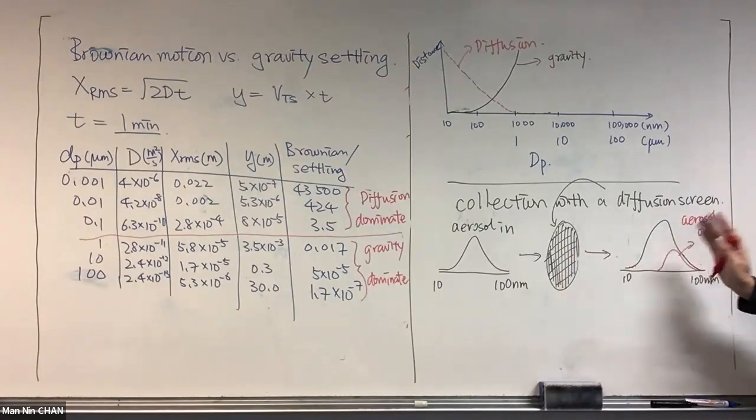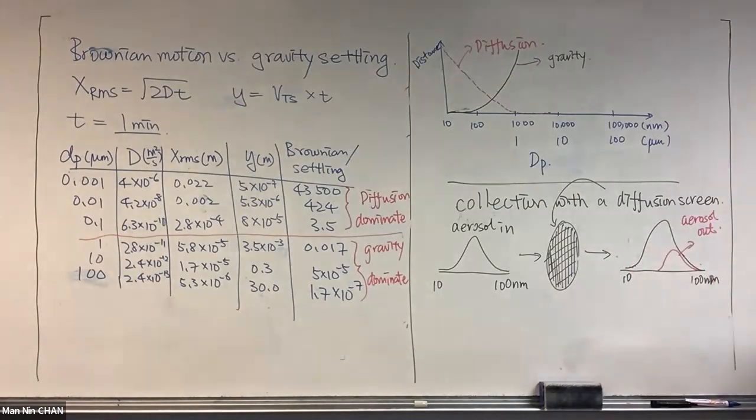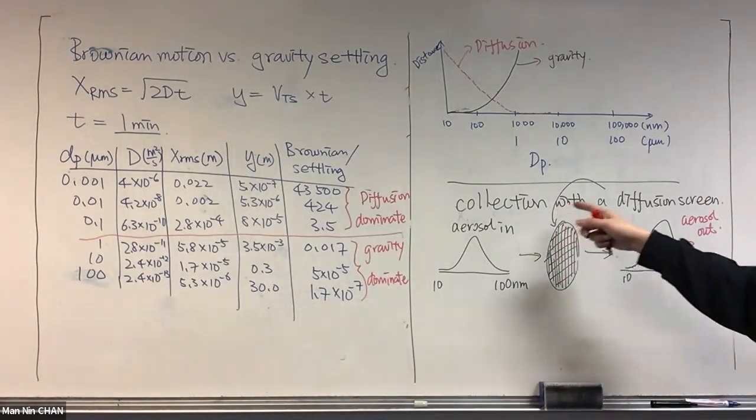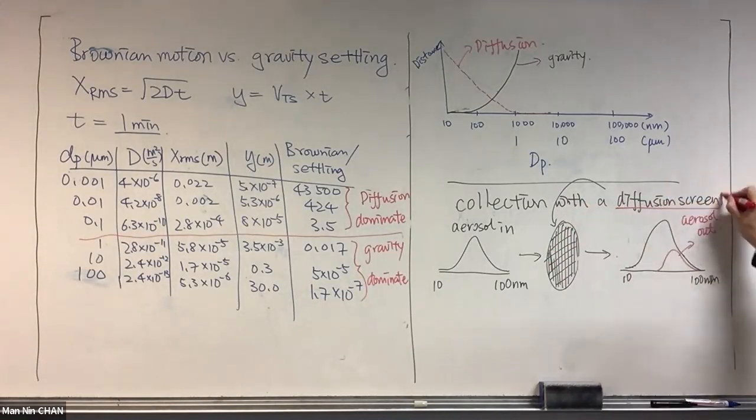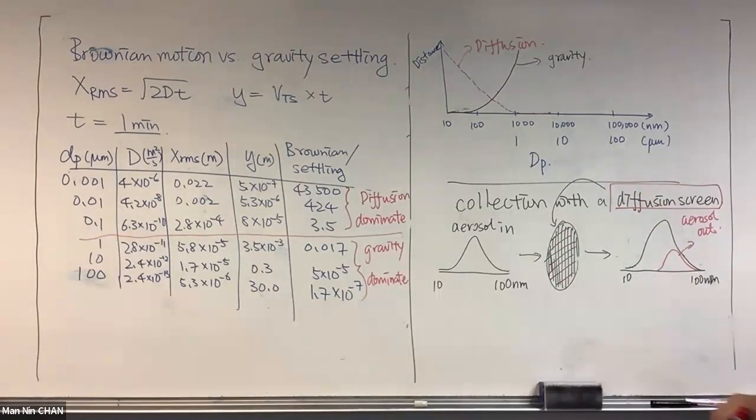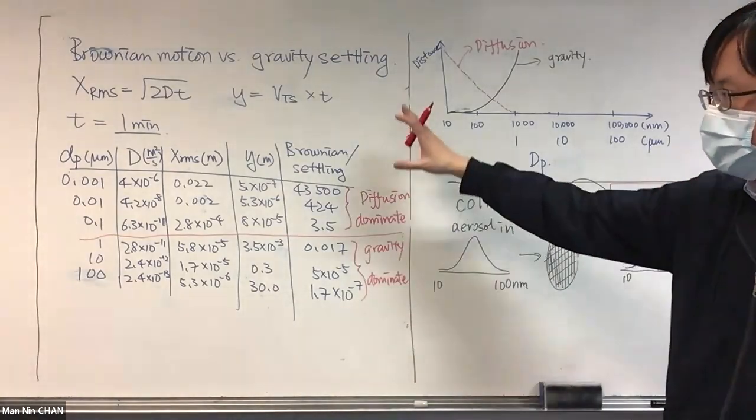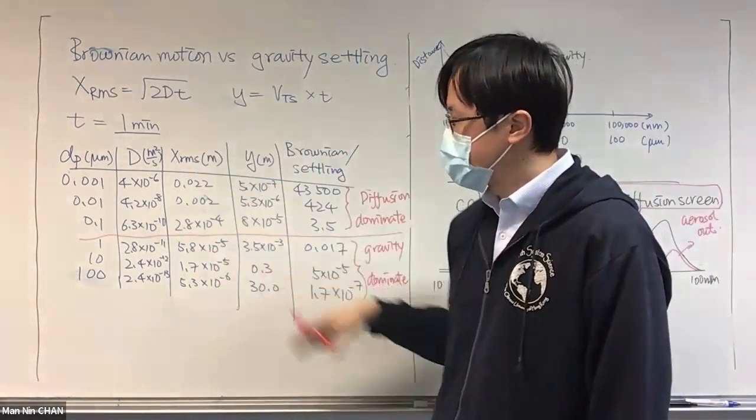So you see this, the smaller particles can be removed by diffusion. Therefore, one way to collect the small particles is using what we call the diffusion screen here. But I think the main message, if you don't worry too much about the numbers here,